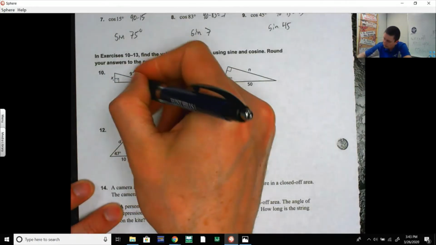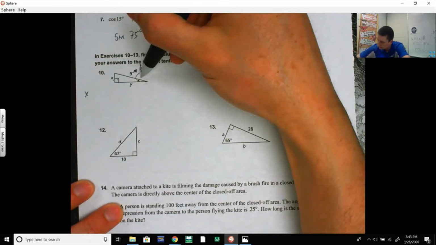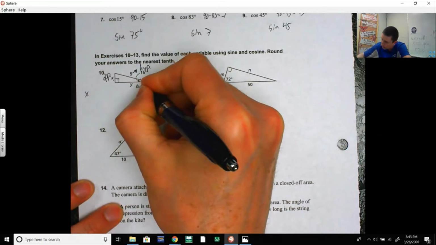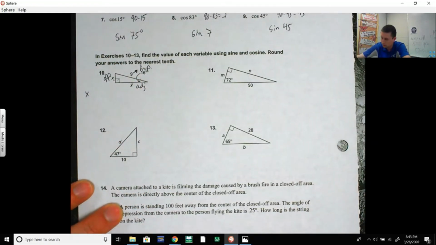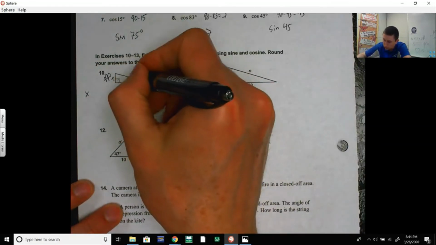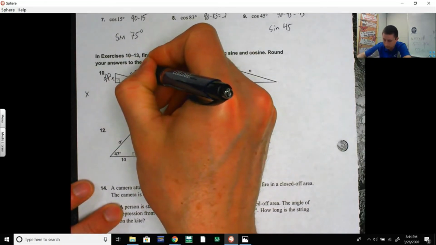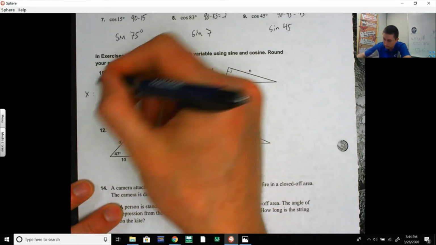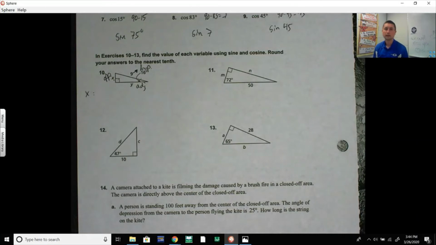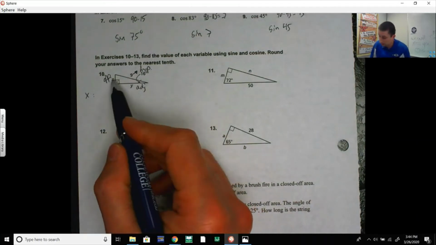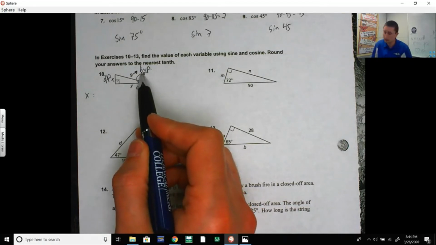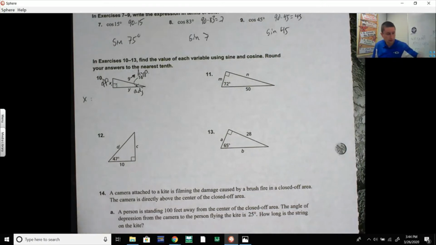So if I want to find, let's do the x first. Here's my angle. That makes the x the opposite side, and the y is the adjacent side. So here's the key question: if I'm looking for x, which trig ratio uses the opposite and the hypotenuse? Okay, and that's kind of the key part to this, is figuring out, when do I use sine, when do I use cosine? You have to look at the labels on the triangle and be like, okay, I want to know the opposite side, I know the hypotenuse side, this is my given. So opposite over hypotenuse, you look at your